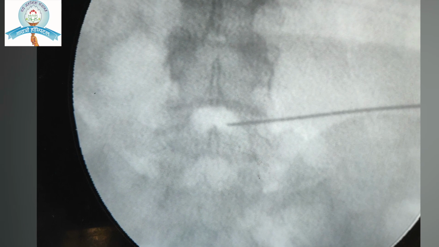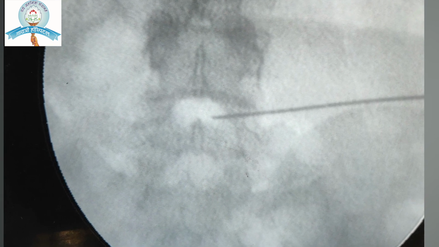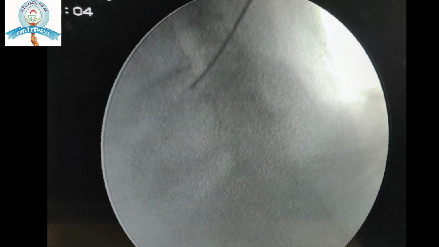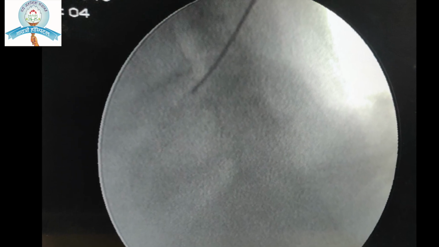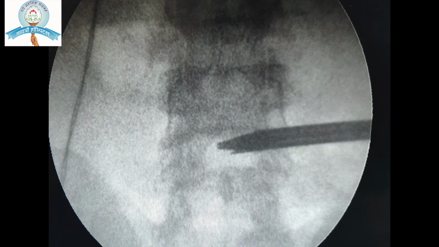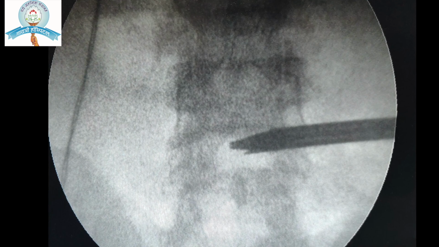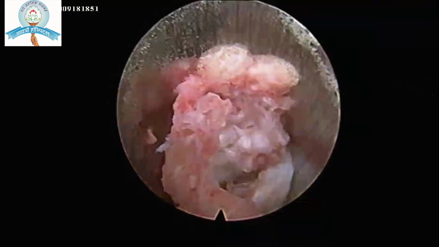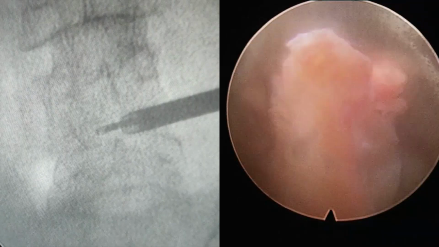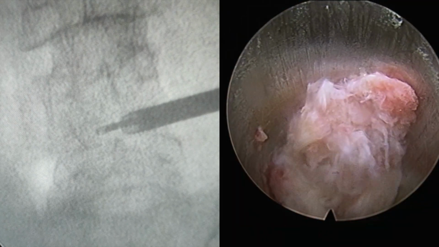The needle is inserted at 14 cm from the midline into the disc space at L4 L5 level. In the lateral view, the needle is inserted in the subannular region. The endoscopic cannula and dilator are inserted over the needle up to the midline. The endoscope is inserted and subannular, central and paracentral disc debulking is done.